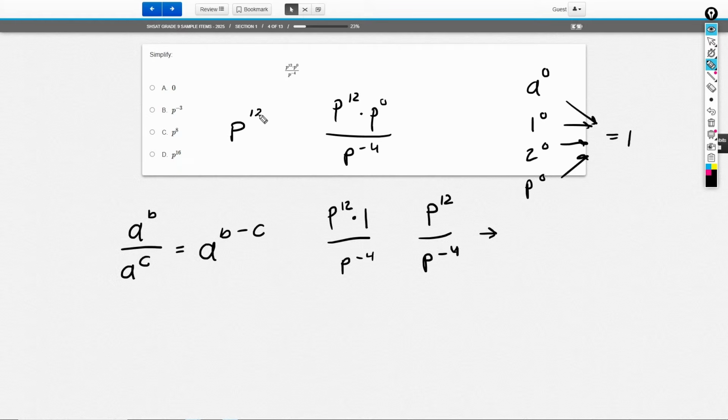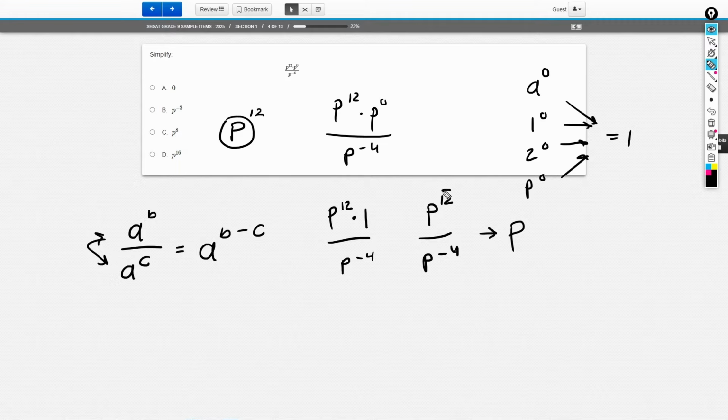So when we have p to the power of 12, p is our base, 12 is our exponent. When I have p to the power of negative 4, p is the base, negative 4 is the exponent. Because they have the same base, we can write the exponents under one base, p, and we can combine these two exponents by